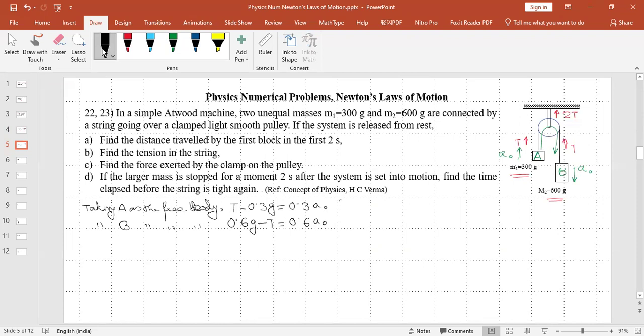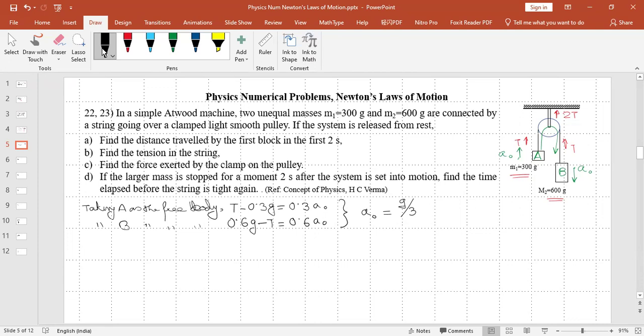We solve these two equations, we can easily solve this, and we will find a0 is equal to g by 3. That means the body A is going up and body B is going down, both with an acceleration g